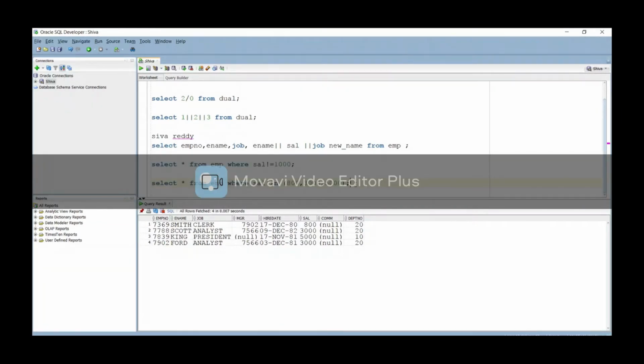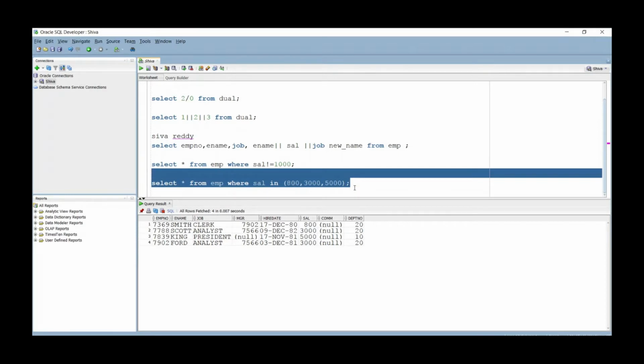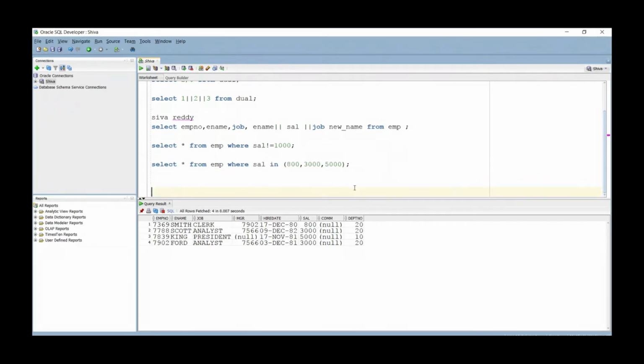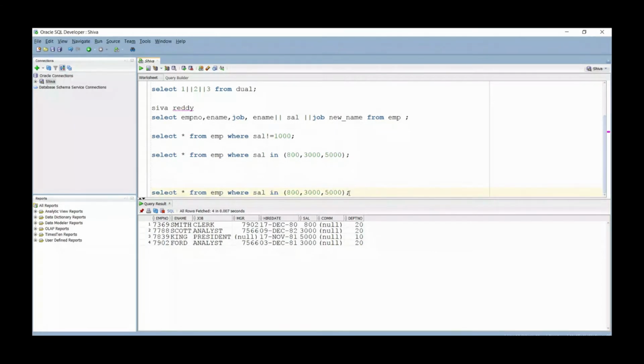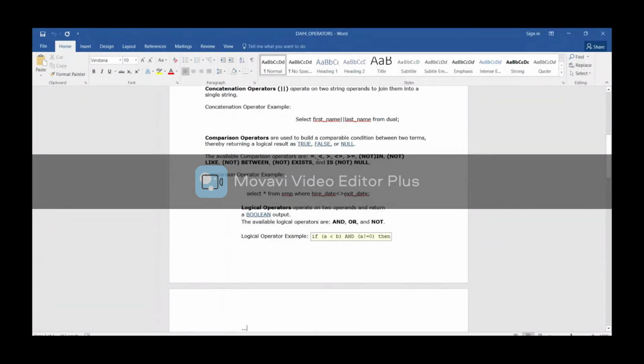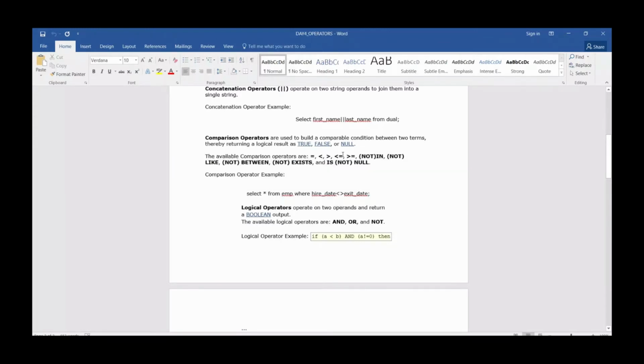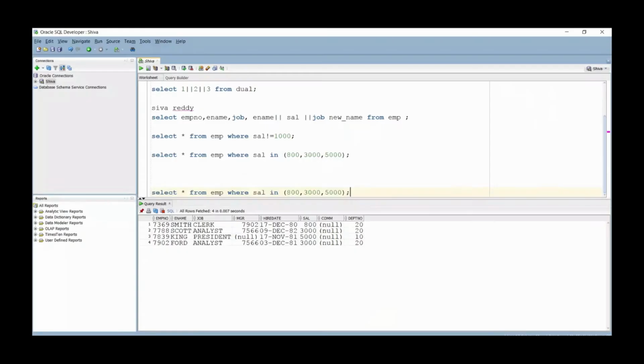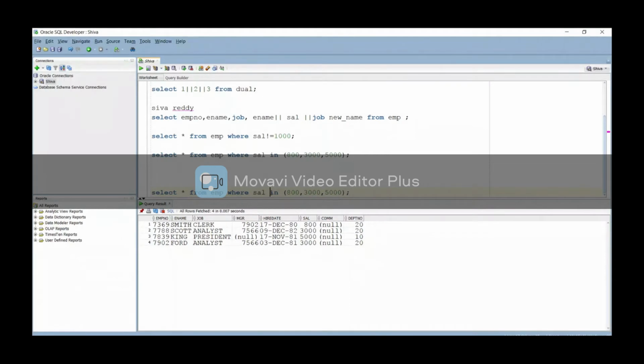Okay, if we want to deal with multiple values, we will use the in operator. Okay, so we have other operators: equal to, less than, greater than, less than or equal to, greater than or equal to. Greater than or equal to means you are going to compare with that value as well. No need to write anything, right? Equal to, in. Okay, we'll see. So we are going to see multiple values.